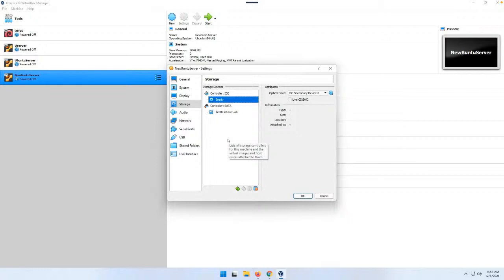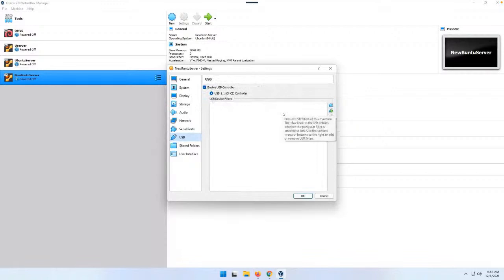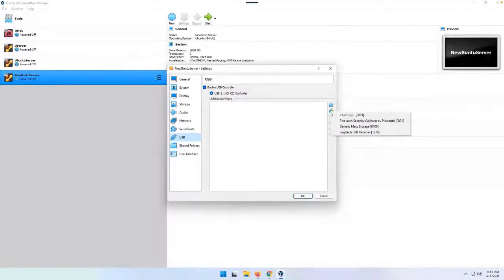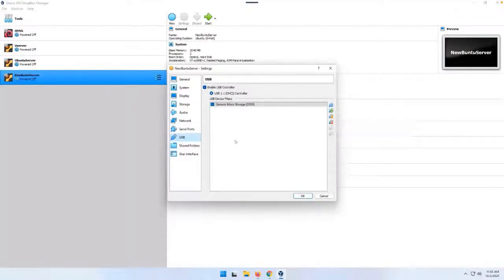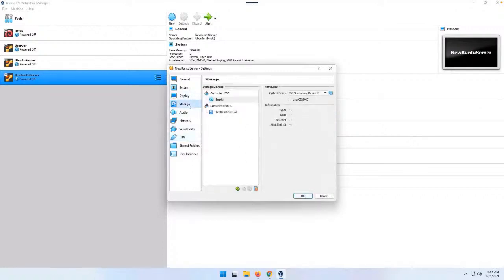And can we set up some USB pass-through? Generic mass storage. So that's good. And then if we come back to storage,